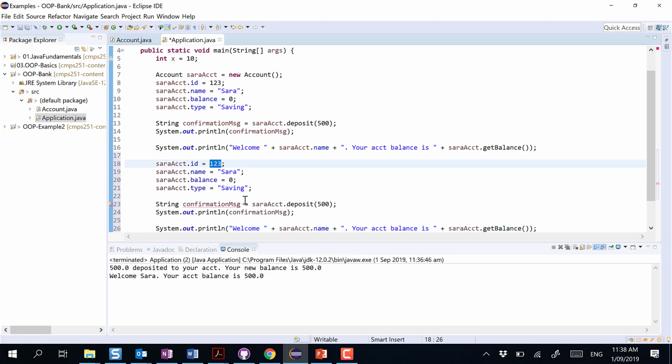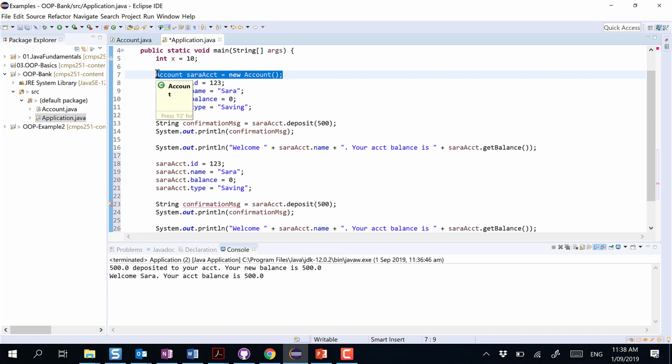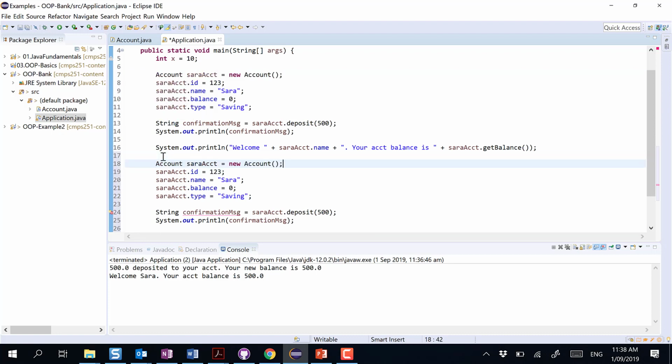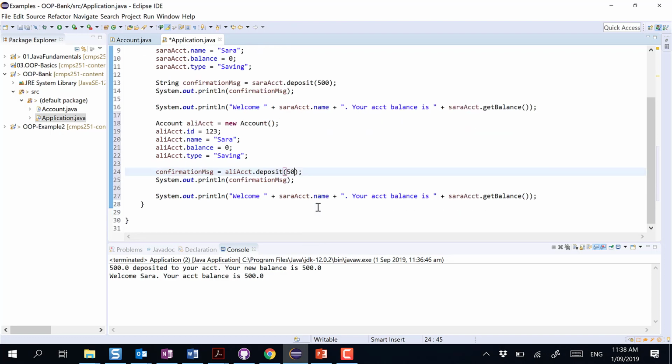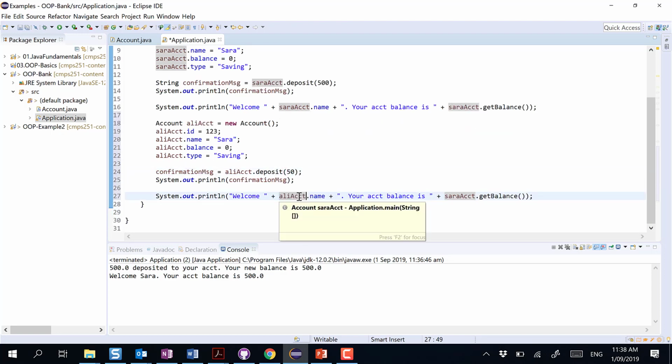And of course, I can do the same with another account here. I can create another account, and I can call this one Ali's account. I can create as many instances as I wish. Ali only got 50 riyal for Eid. So that's it. Okay, so if I run this,